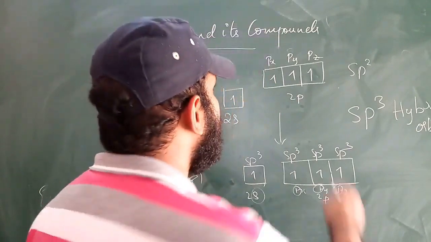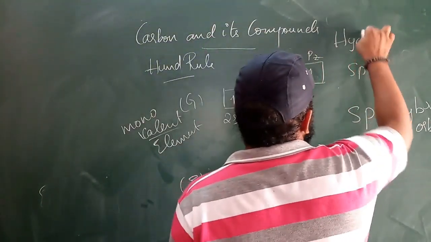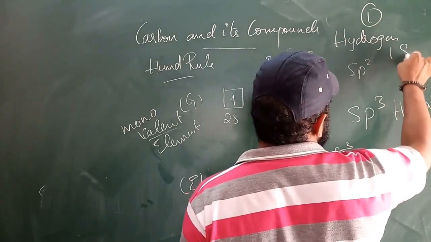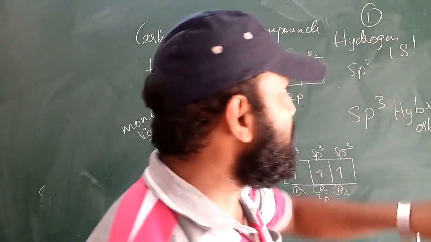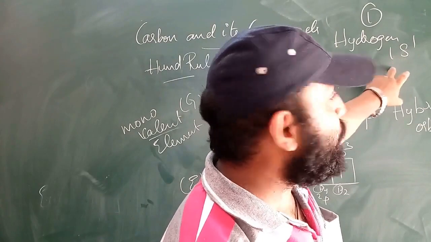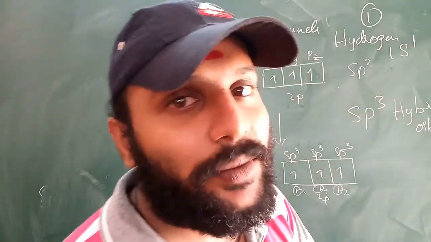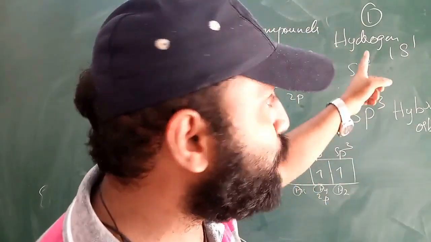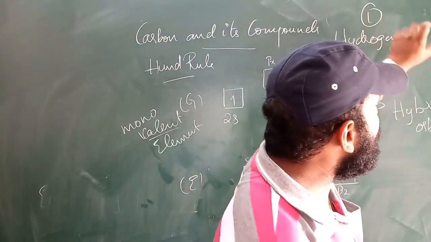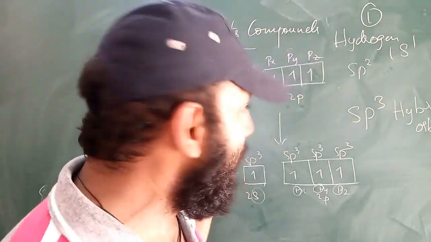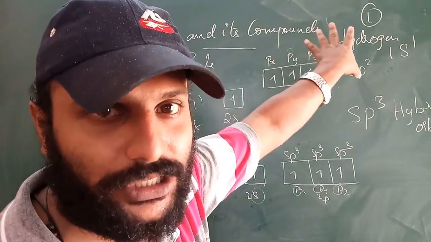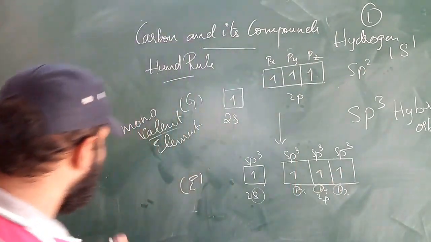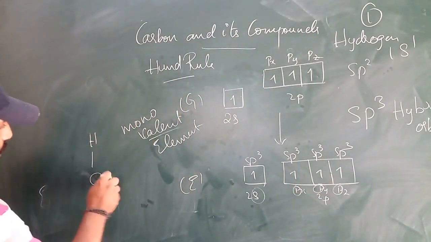What is that element? If you take hydrogen, what is the atomic number of hydrogen? 1. What is the electronic configuration? 1s1. But as we have seen, for the first shell, the maximum number of electrons required is 2, but it requires only 1 electron. So it is called monovalent. So what will it do? Hydrogen will share its electron with the carbon, and carbon will share its electron with the hydrogen. In that way, it is making what? Methane molecule. So what we have seen here, see, keep writing, right.